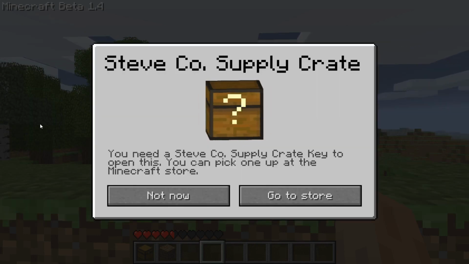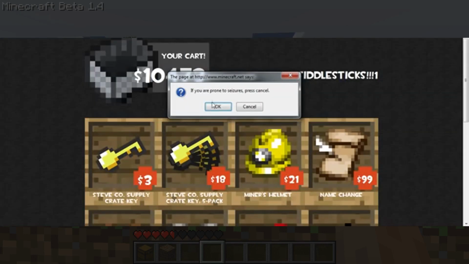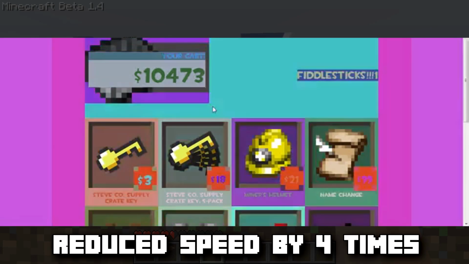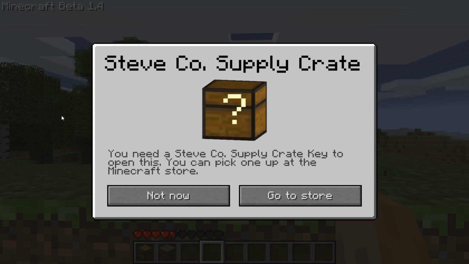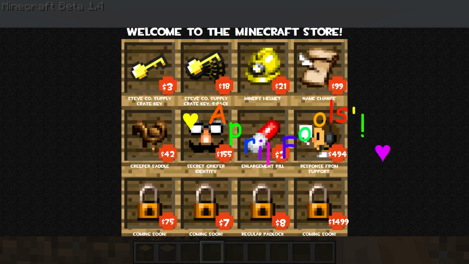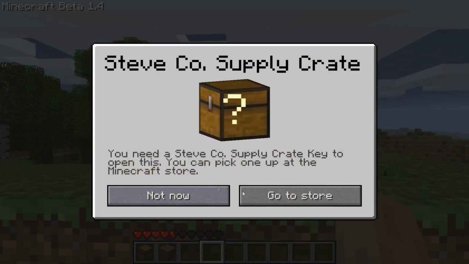And if you added more than $10,000 to your cart, then there would be a window asking if you are prone to seizures. And if you clicked OK, the screen would start flashing like crazy. And so the day after April Fool's, there was actually an April Fool's banner added to the site, along with, yes, a Rickroll. But now if you click go to store, you will go to the site where you can